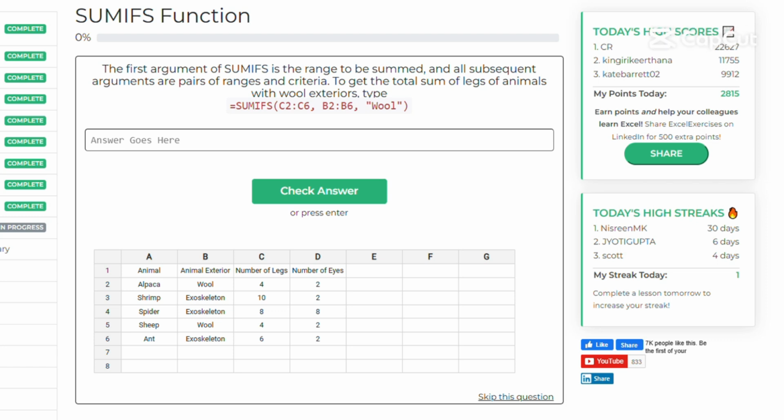Okay, let's go to a more advanced function in Excel. That is the SumIfs function, with an S. That means you can put multiple criteria into one SumIfs function. So the first argument of a SumIfs function is the range to be summed, and all subsequent arguments are pairs of range and criteria. So to get the total sum of legs of animals with wool exterior, type in